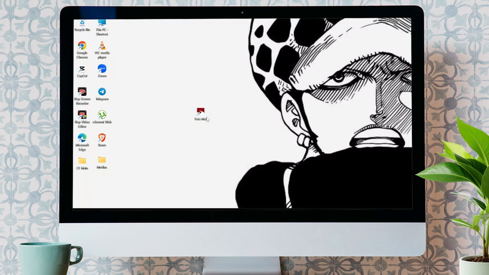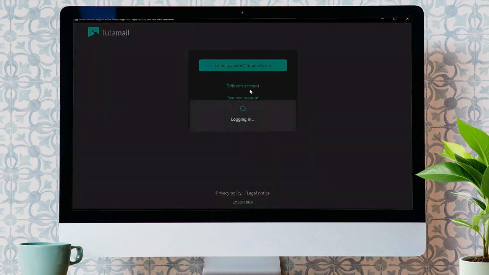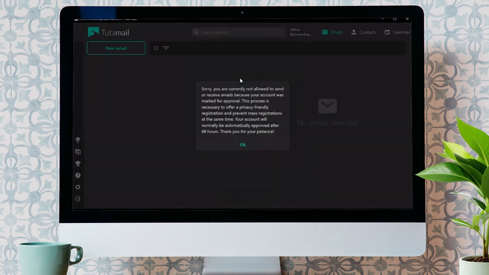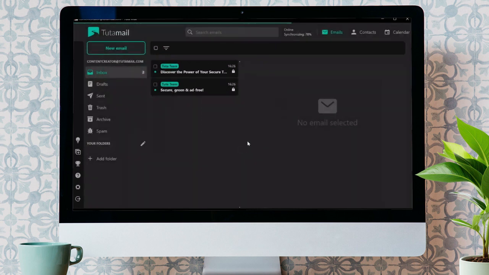In order to archive your mails into To Mail, you just simply have to open your To Mail application. Now, after opening the application, if you saved your login information, your account will automatically be logged in. After coming into here, you can select the folders from here where you have the email that you want to